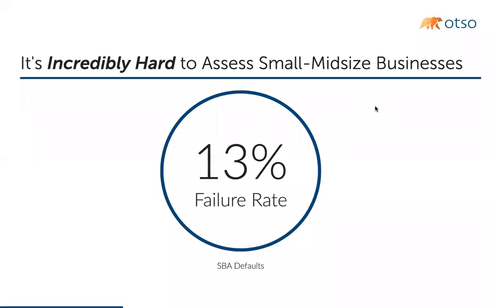And some of this data is skewed because hotels are included in this number. But they do a lot of restaurant deals, a lot of retail. That is your average SMB in the United States, of which there are 30 million. And out of those 30 million, 7 million are growing. But if you look at the 13% default rate, that's over a 10-year period. That's for an average loan size of about $150,000.